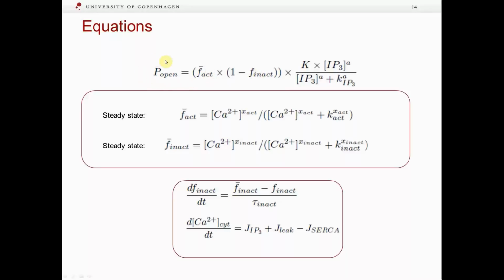Altogether, we have this open probability that then enters into the equation for the change in cytoplasmic calcium concentration. So the open probability here enters into the flux term governed by the IP3 receptor channel. And as for the de Jong-Kaiser model, we have two similar terms for leak and for reuptake into the SR